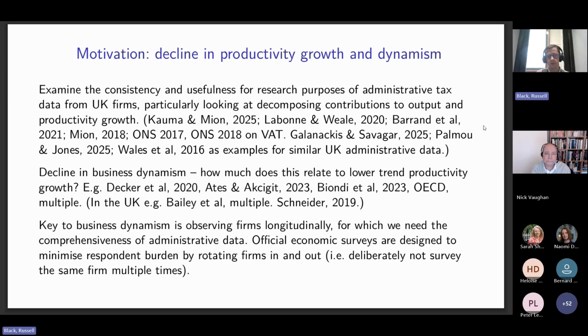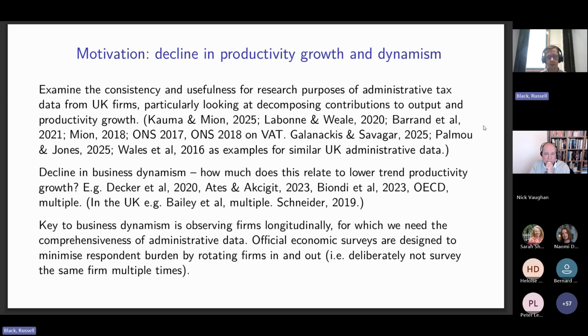The literature this is fitting into is these 3 paragraphs of text. So incorporating VAT data into economic analysis and economic statistics. Many people have already been doing that, including everyone at HMRC, so I didn't even put them in this list. But in particular, Cameron, Meehan, and LeBon and Wheel, and many people in ONS who have also been working to add more data from VAT into economic statistics in different ways. On the literature on the decline of dynamism, I'm not going to talk about that more. We can talk about it in discussion.